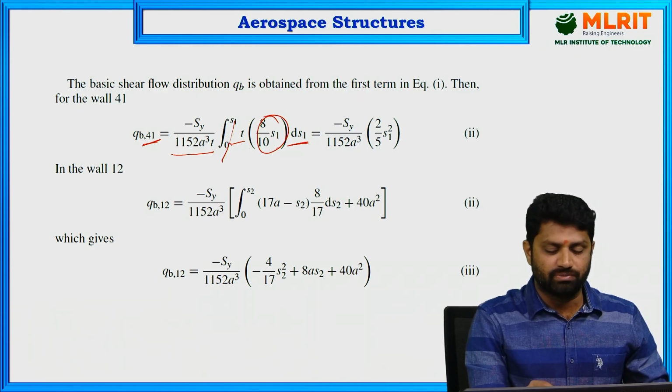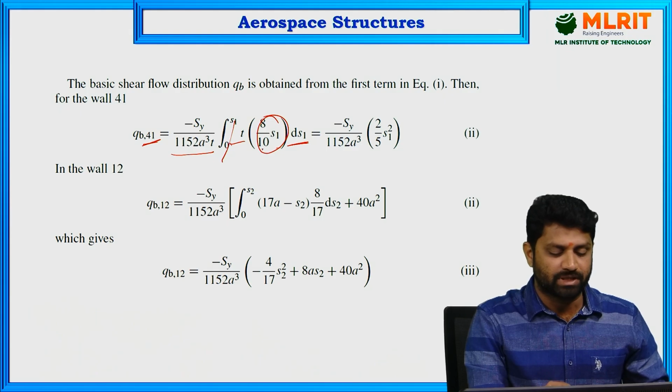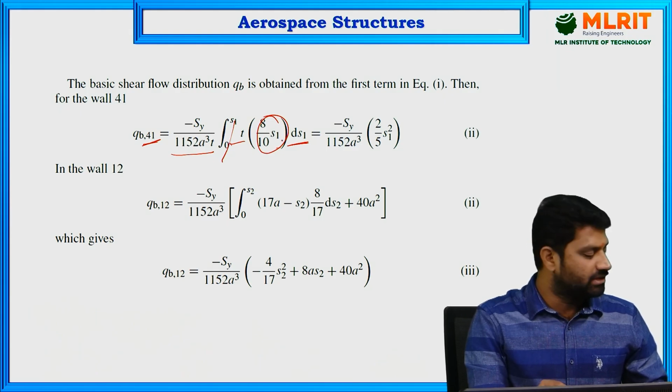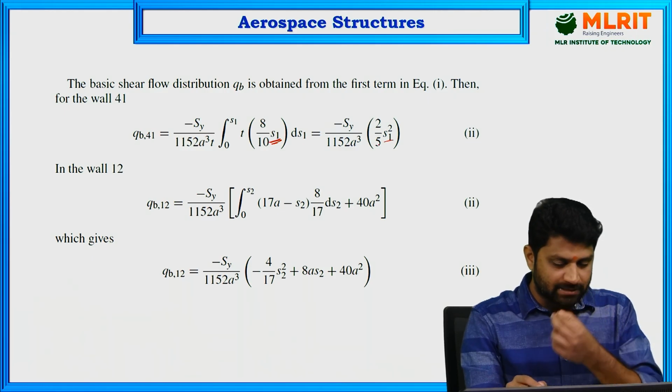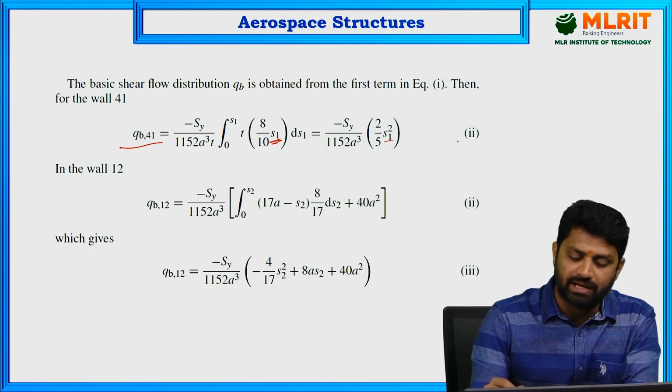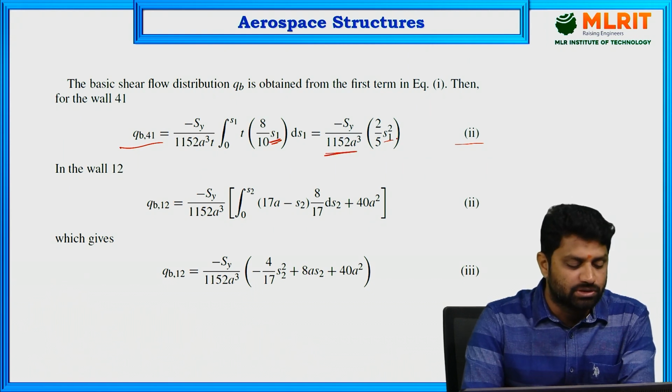That equals minus Sy by 1152 a cube, and this 8 by 10 becomes 2 by 5, and t into the integration of s1, which becomes s1 squared by 2. The 2 also gets cancelled, so you get qb41 as minus Sy by 1152 a cube into 2 by 5 into s1 squared. Once you get this,